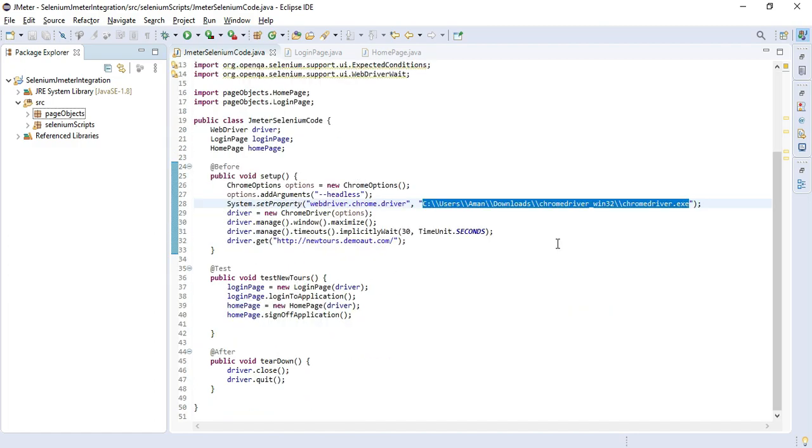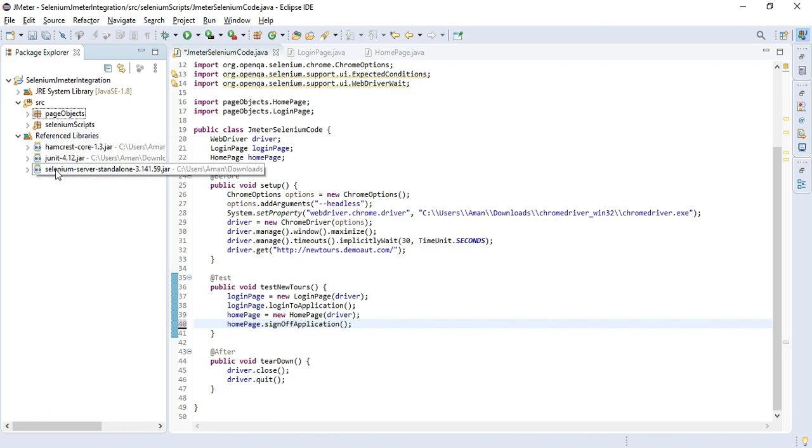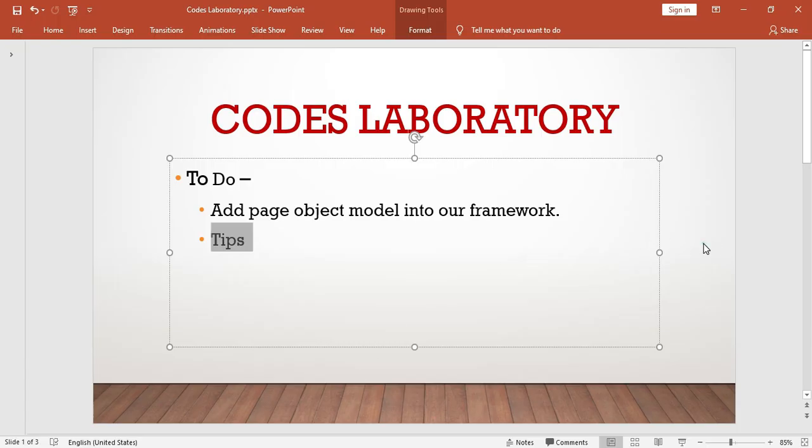In that case, there is a possibility that by mistake you will use that dependency in your code, and if you do not add that dependency into your JMeter, then JMeter will not be able to read your code and your code will start giving you errors. That's why I asked you to create a Java project, so that whatever dependency you use here, you will need to place it there manually. So that was all for this point, and let's go back to our PPT.